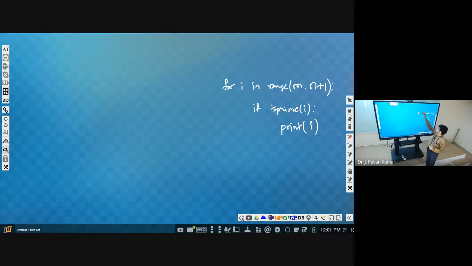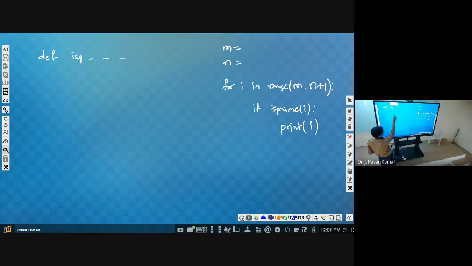So before this, we need to take what is the value of m, what is the value of n. Prior to this, we need to define is prime. So define is prime as earlier, is prime of number. Can we take here also n?